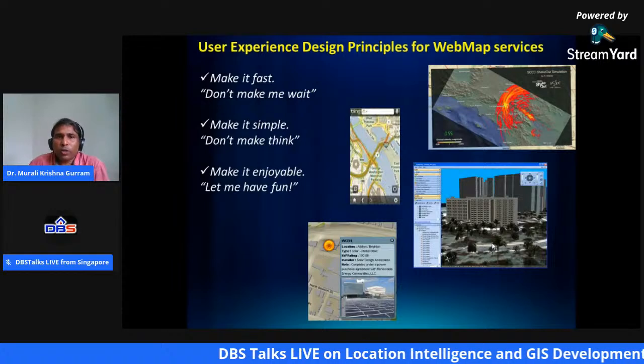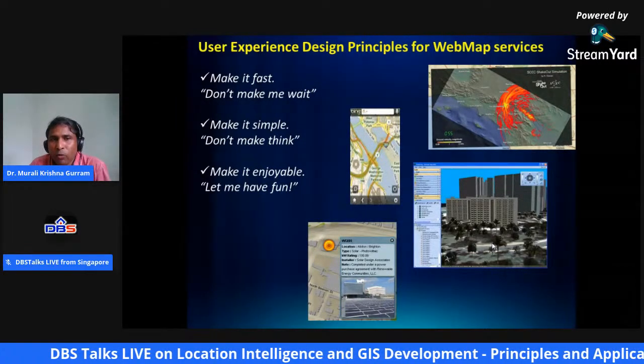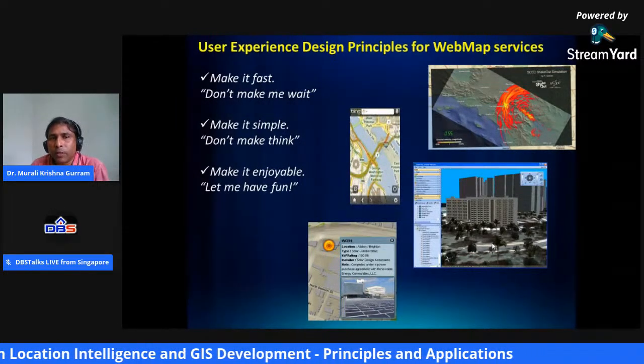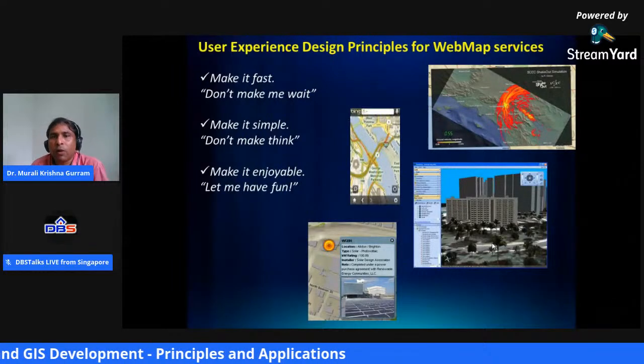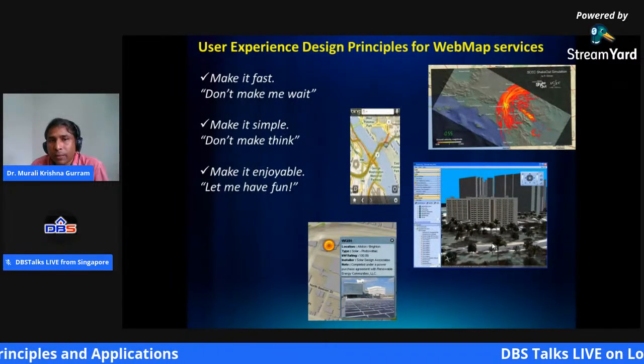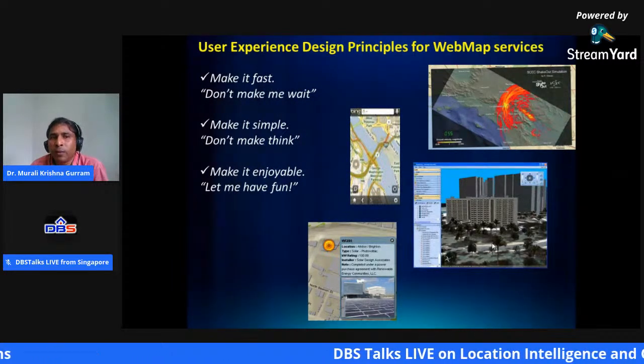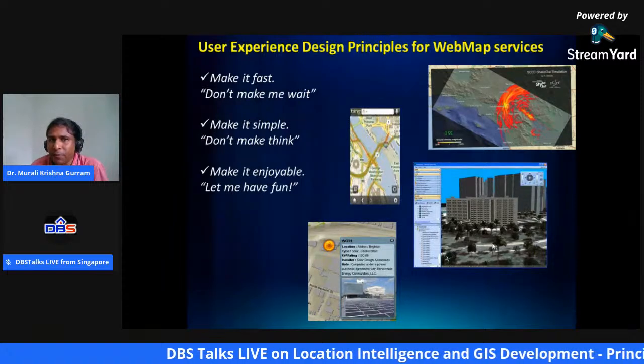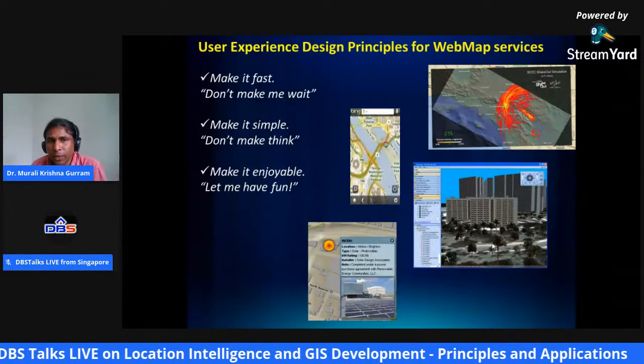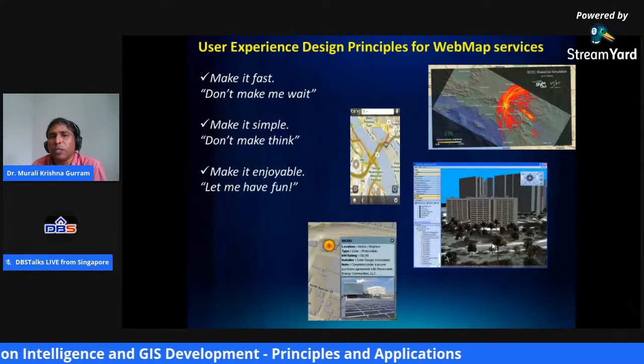So when you want to share all this data, or whatever the content, on the web, how you are representing it is very important. There you need to follow certain basic principles.